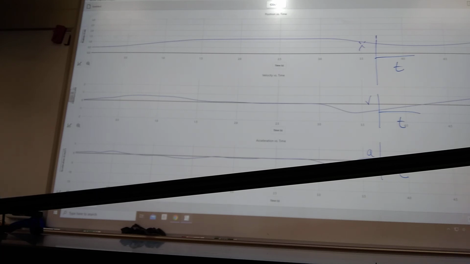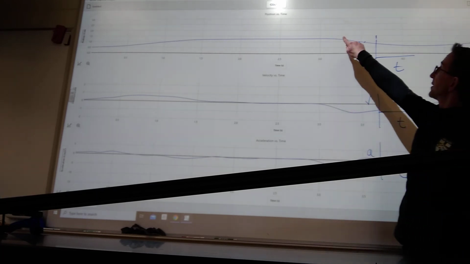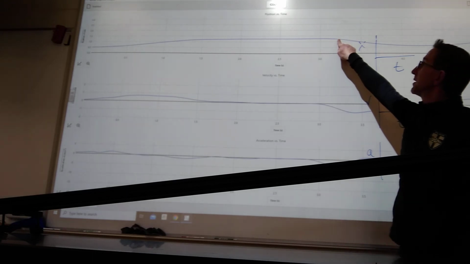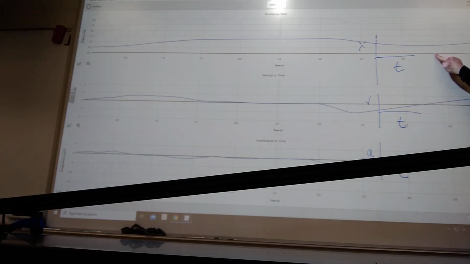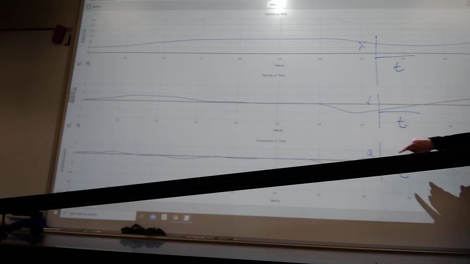there we got it. So notice the graph is starting with a positive starting position, so you should have a positive y-intercept. Then the curve is going down, getting close to 0, and then curving back up. The velocity versus time